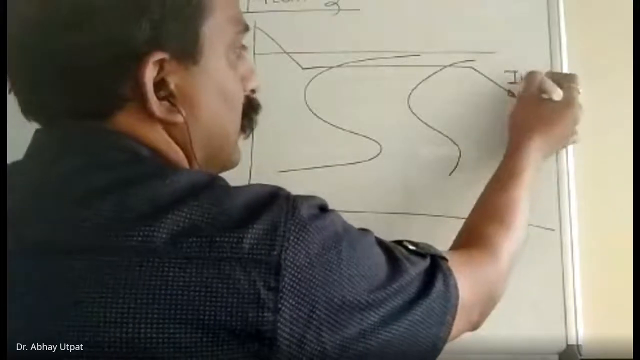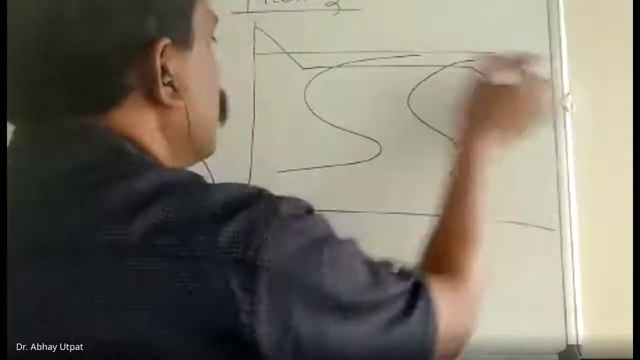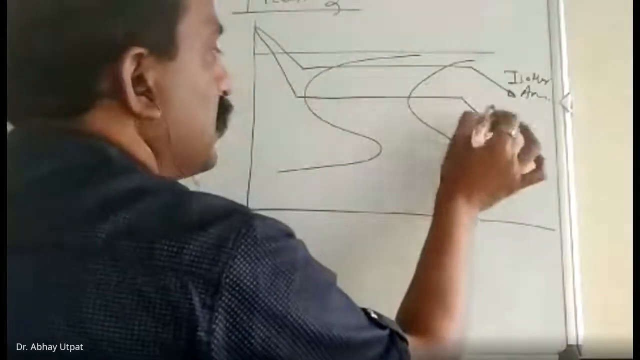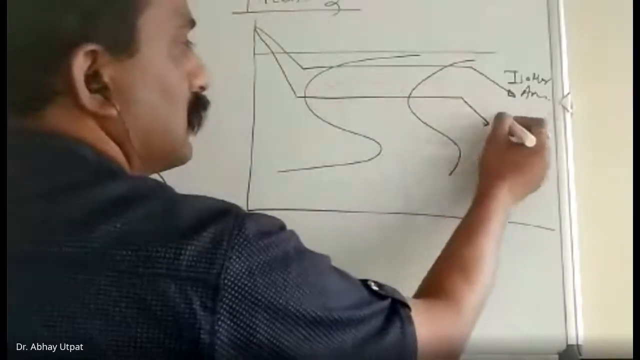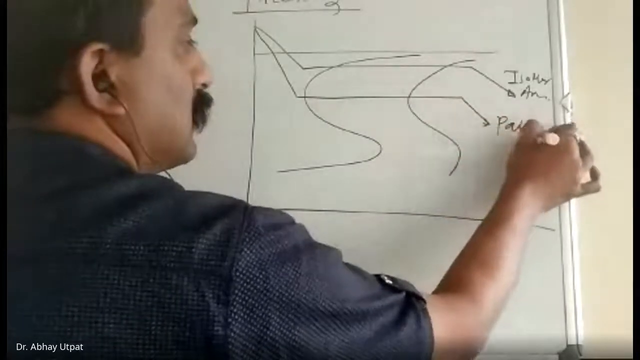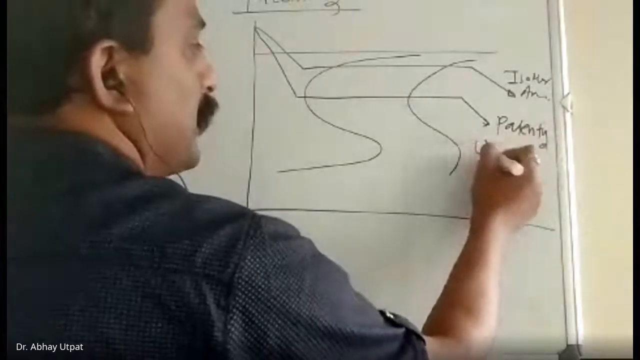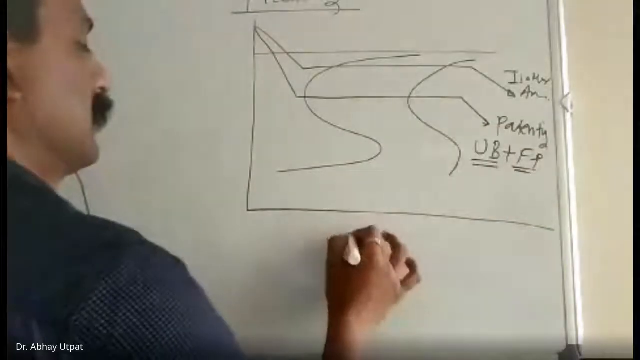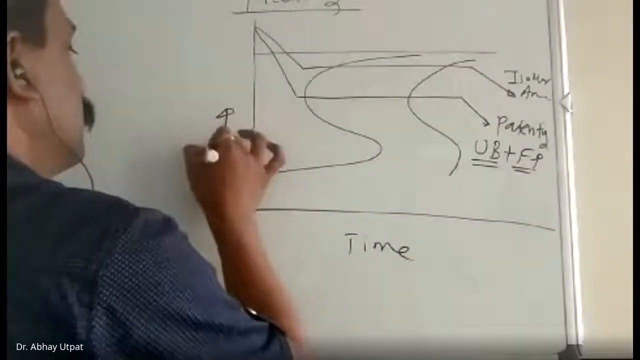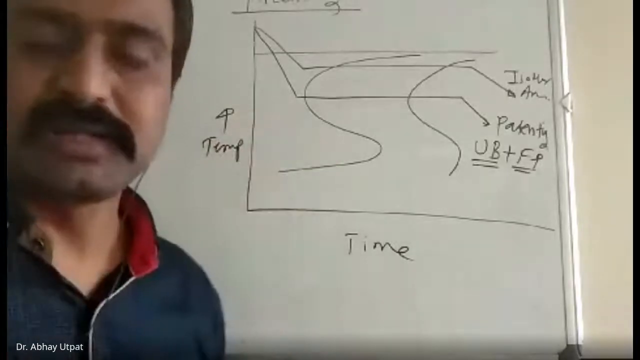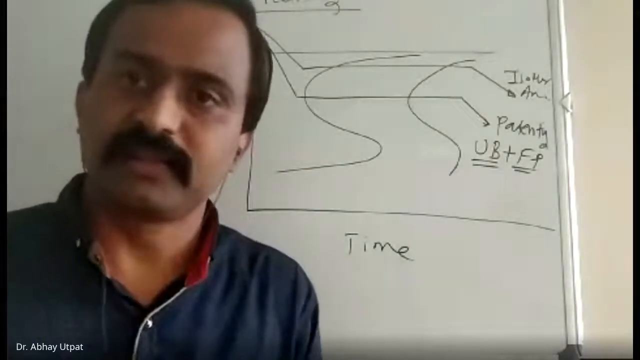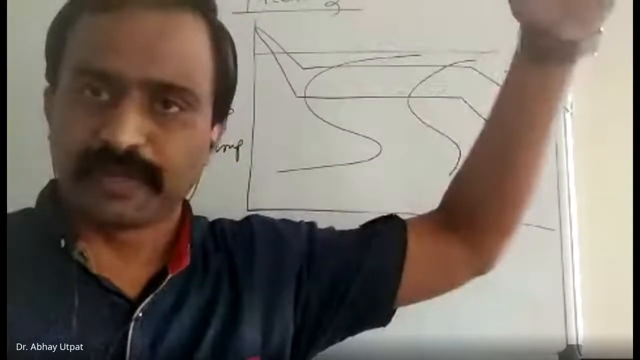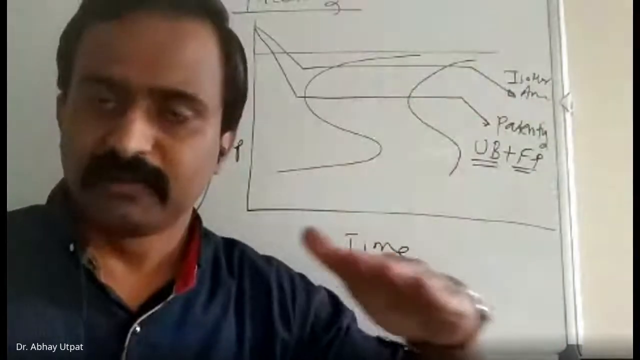This is isothermal annealing and this is patenting. You are in the patenting range, just below the nose: upper bainite plus fine pearlite. If you want strength, bainite is harder than pearlite. I already taught you in the iron carbide TTT diagram: coarse pearlite, fine pearlite, upper bainite, lower bainite,